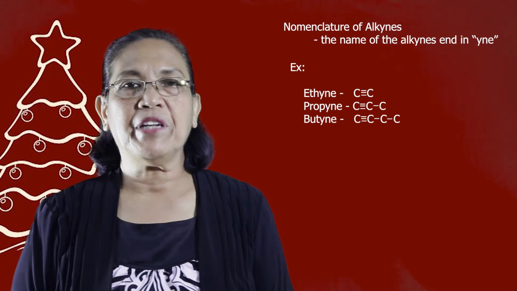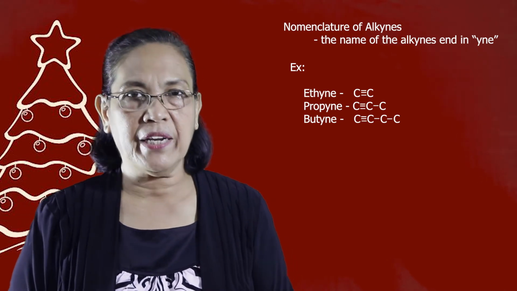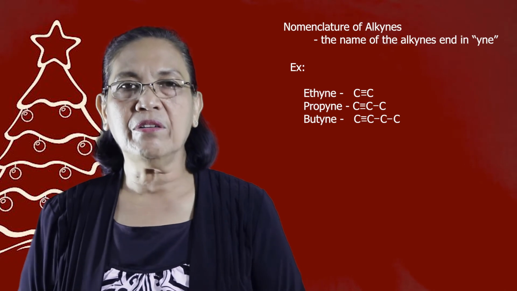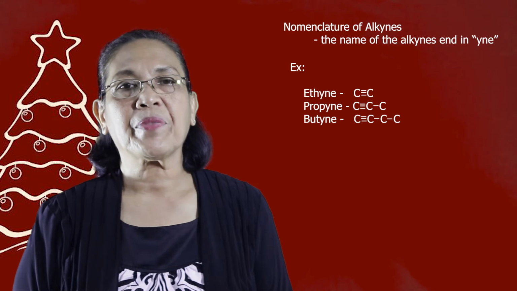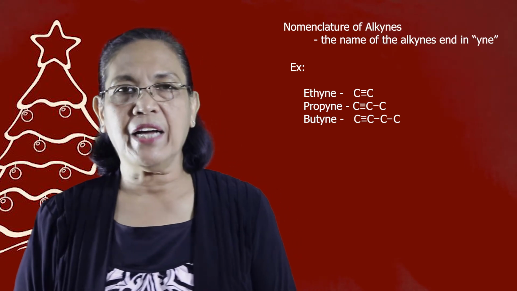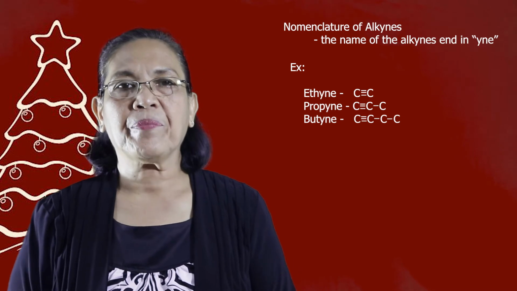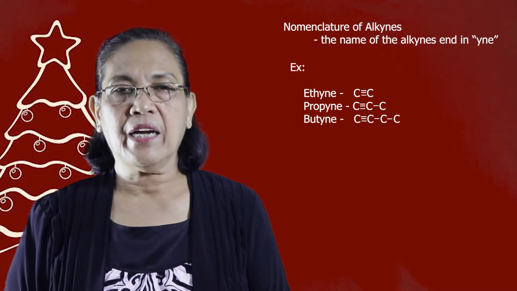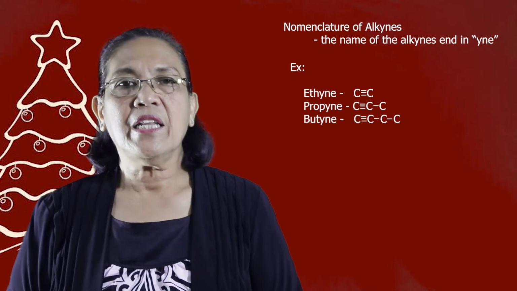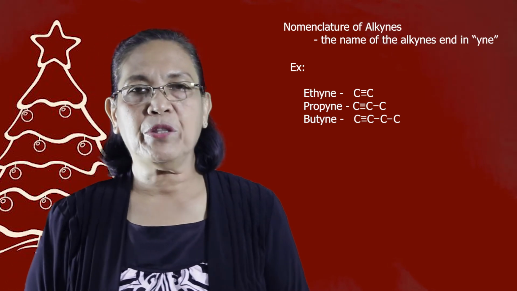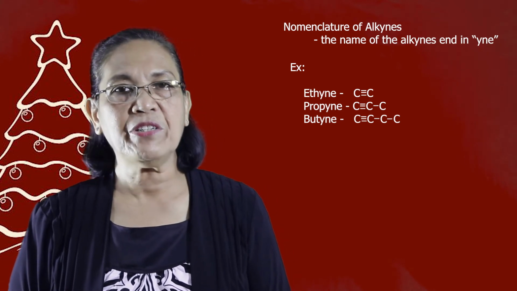If there are 5 carbon atoms and the triple bond is placed between carbon 1 and carbon 2, this is called 1-pentyne or normal pentyne. If there are 6 carbon atoms and the triple bond is placed between carbon 1 and carbon 2, it is called 1-hexyne. Now, if we place the triple bond between carbon 3 and 4, so you have it there, symmetrical